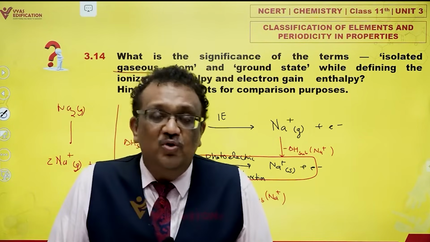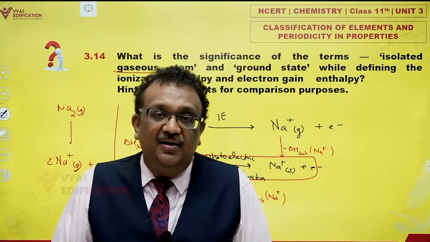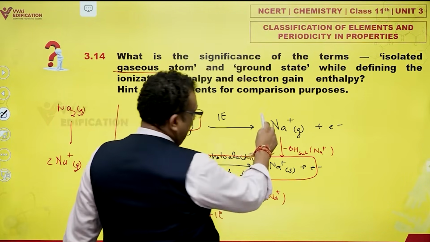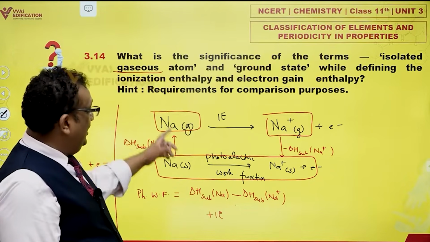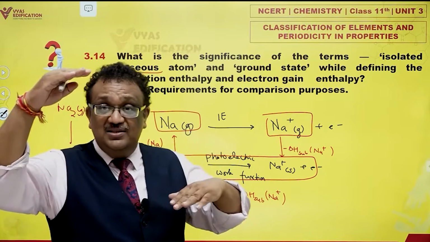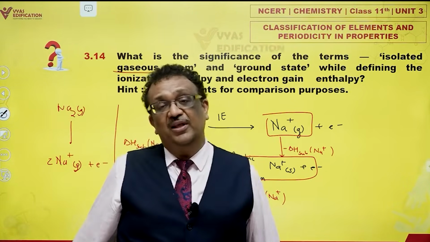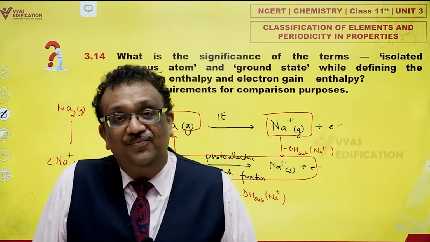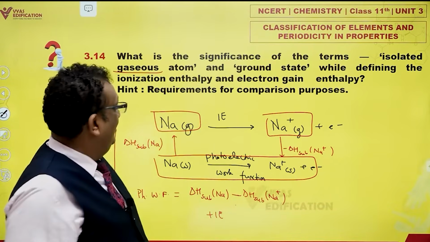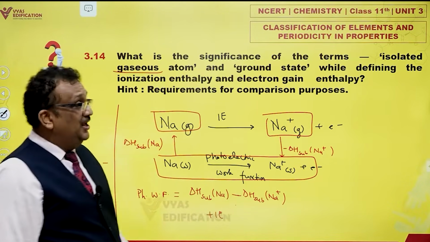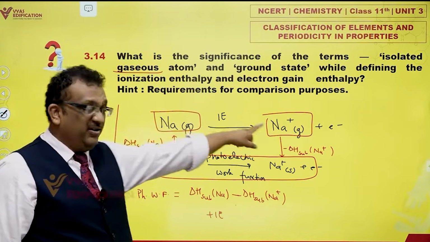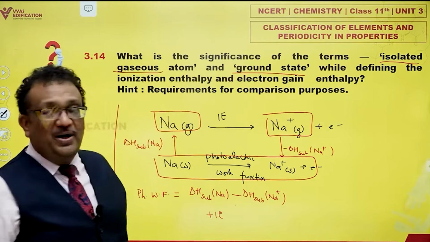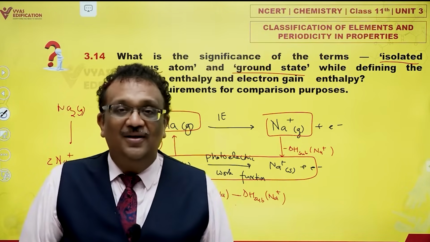That is not fair, because most of the atoms do not stay in an excited state. So I have to take this also. This has to be in ground state. As a matter of fact, this also has to be in ground state. Unless I clearly define their energy levels, I cannot measure the difference between the energy levels, and the difference between the energy levels is nothing but the ionization energy of sodium. So for accurately defining ionization energy, I must know that both reactant and product must be in ground state. Of course, they must be isolated and gaseous,